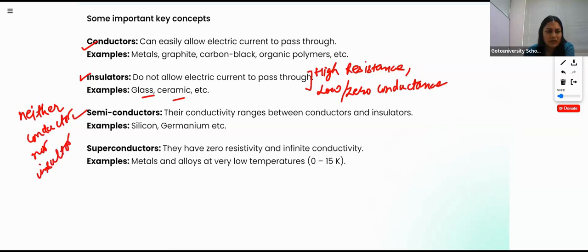They are somewhere in between. They range somewhere in between conductors and insulators. For example, they can conduct electricity for some time and then turn into an insulator, then again they fluctuate between being a conductor and an insulator. Examples of semiconductors are silicon, doped silicon (doped means silicon with impurity), and germanium,